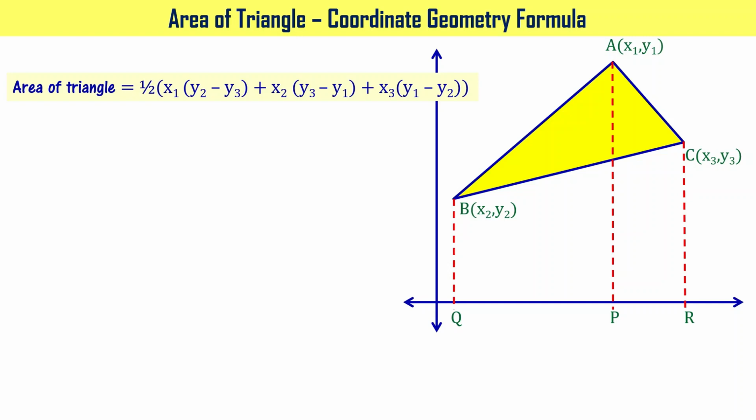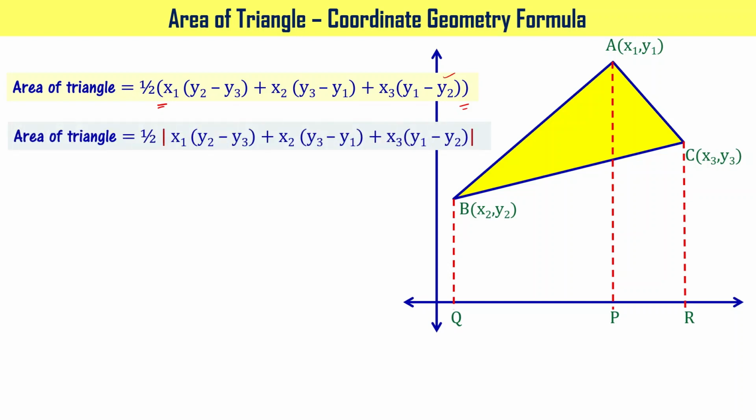If you observe this, based on the coordinates you take for x1 y1, x2 y2, and x3 y3, there is a chance that you get a negative answer for the area of the triangle. That is not correct, right? Area cannot be a negative number. That's why, instead of putting these brackets at the end, I'll put a modulus operator.